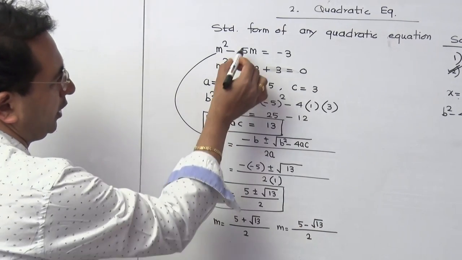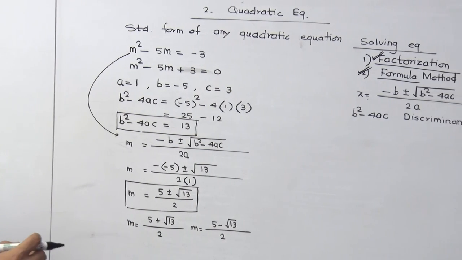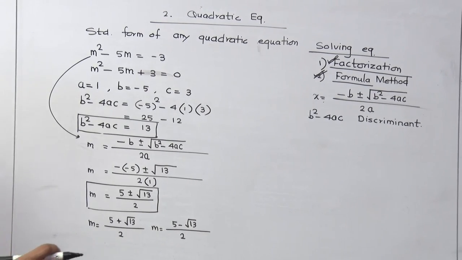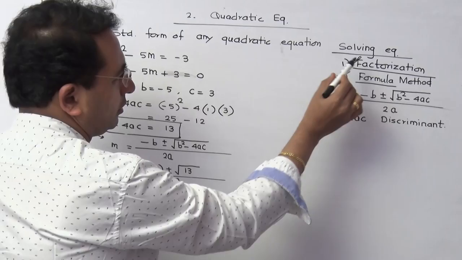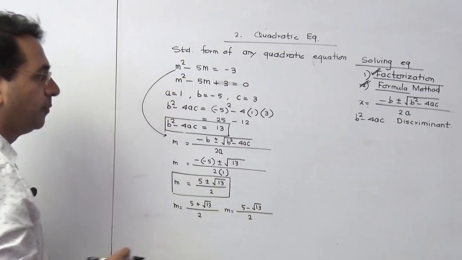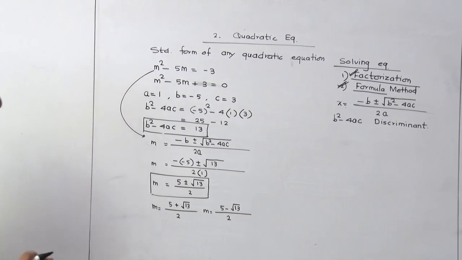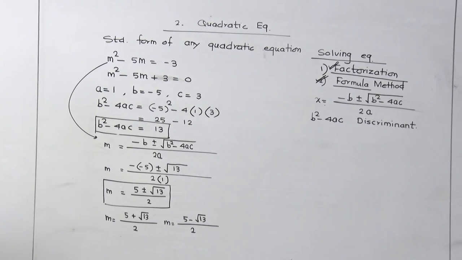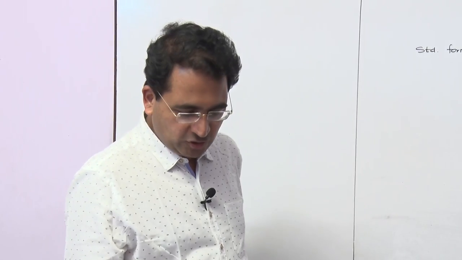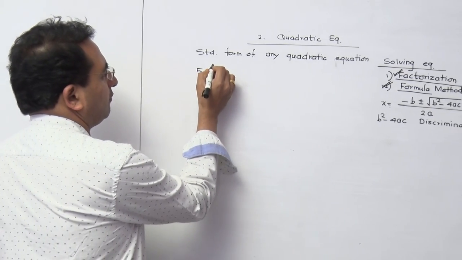I hope this particular formula application is clear. I told you earlier that the content of the topic is very small and that's why one question on factorization and one question on the formula method is 100% asked in the exam, so better you practice this properly. I hope this particular point is clear to you. Okay, let us go for the next equation. The method is the same. Solve this equation by using the formula.